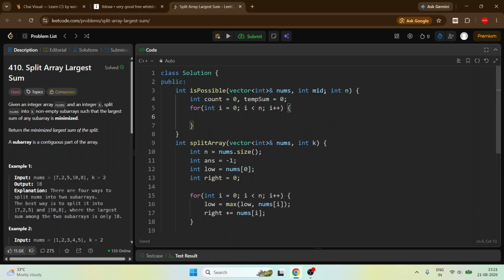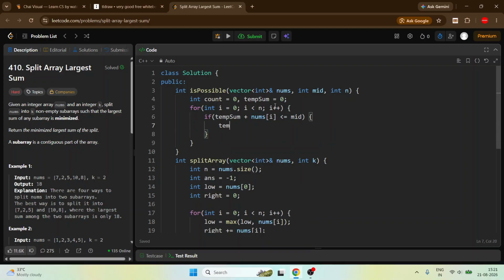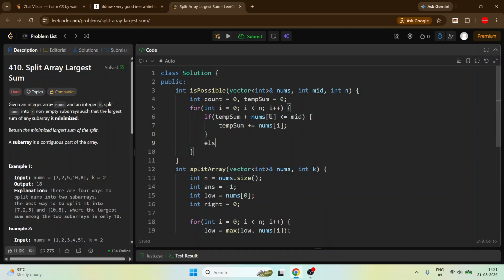Simply do one thing. One check: if the temporary sum which you have plus this nums of i is less than or equal to mid, it is simply less than or equal to mid. We just have to add the sum. Okay, so here do this thing. Let's do this thing. And else